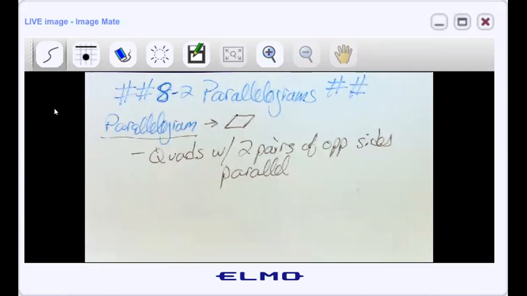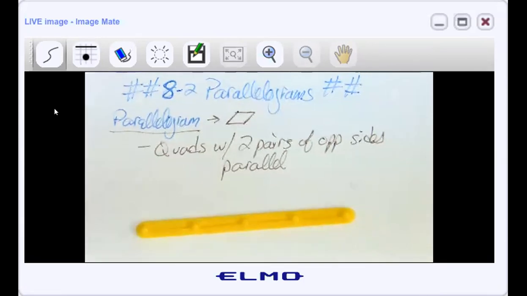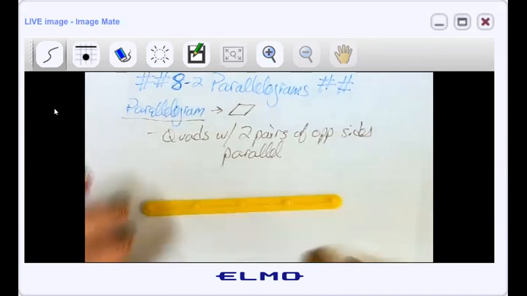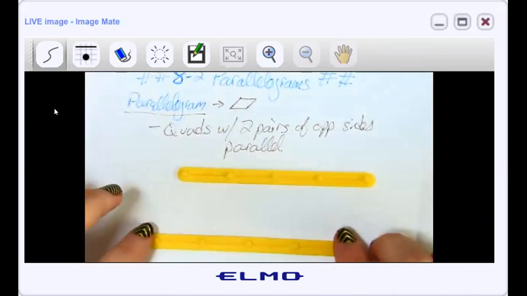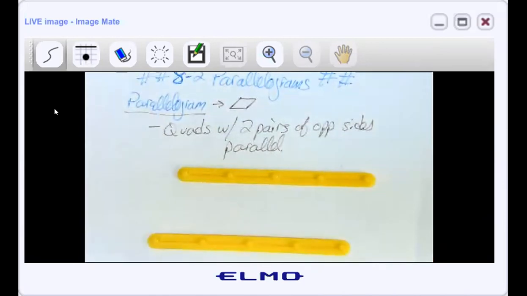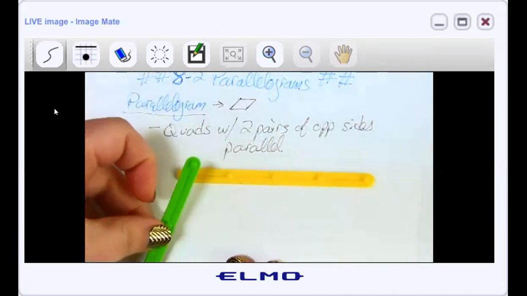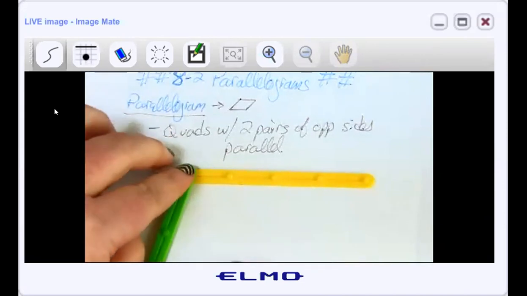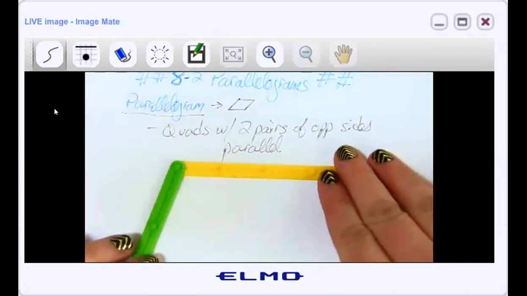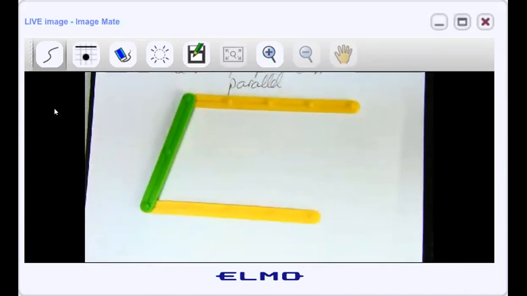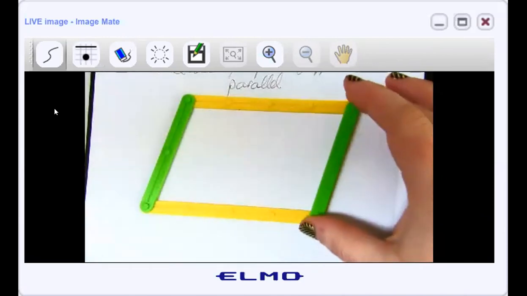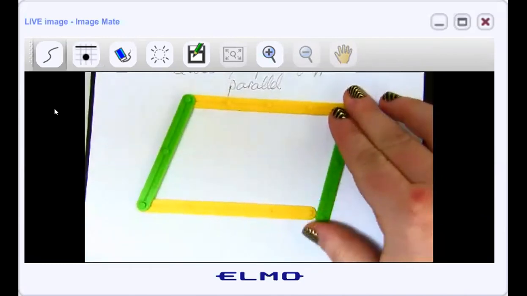If you correctly make a shape where that is true, where you have top and bottom parallel to each other, let's say, if I have these two yellow ones and I really try to make them parallel to each other, that looks pretty good. And then I gotta make it longer to match up with these. There we go. So there's one side of my parallelogram. Let me zoom out a little bit more. There we go. And if I just draw in that other side so that it's, as best I can, parallel with the first side,